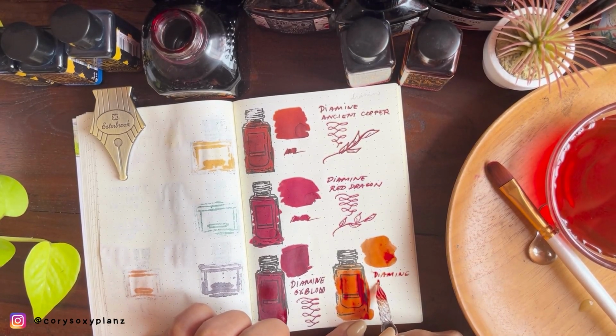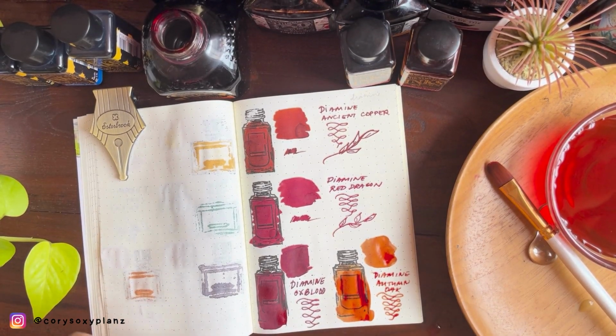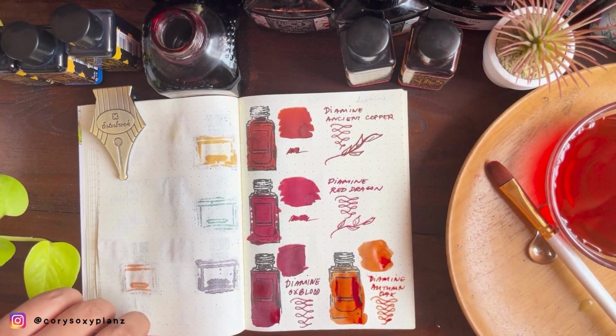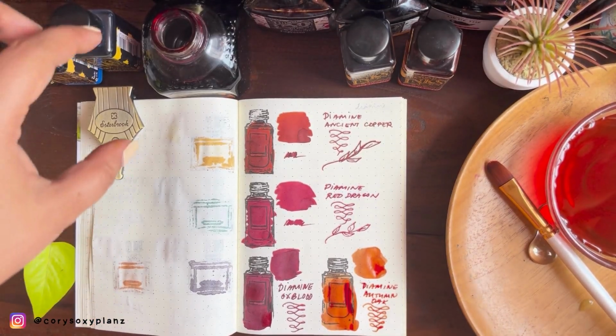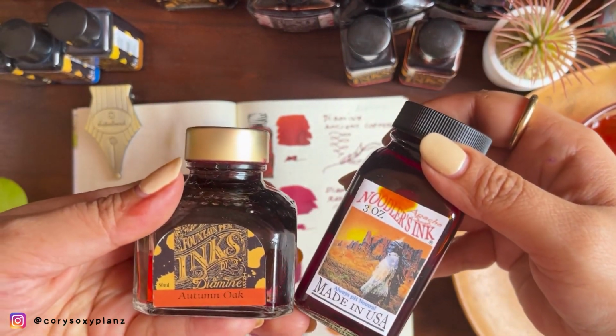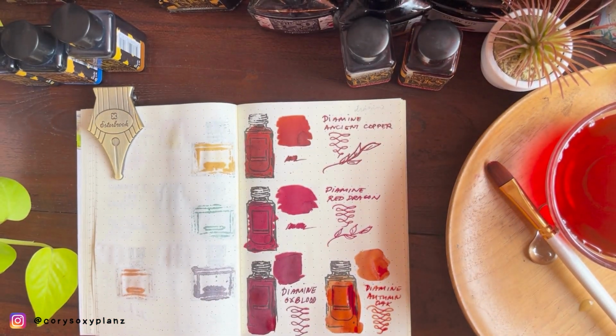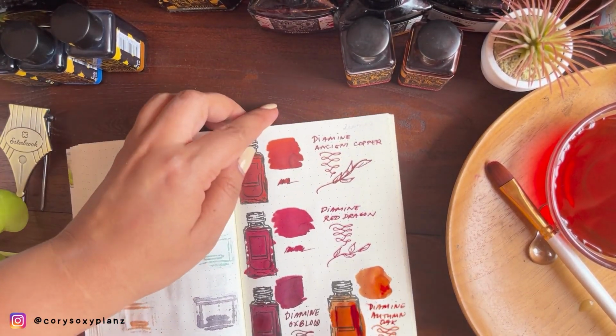Diamine Autumn Oak. I think most collectors have this, and I believe they compete this with the Apache Sunset, but that one is brighter. So this too comes out every autumn. So moving on to the same Diamine,